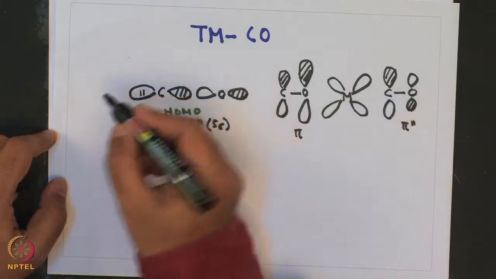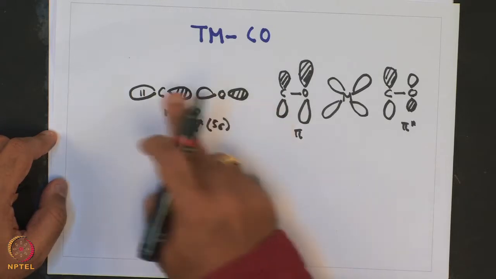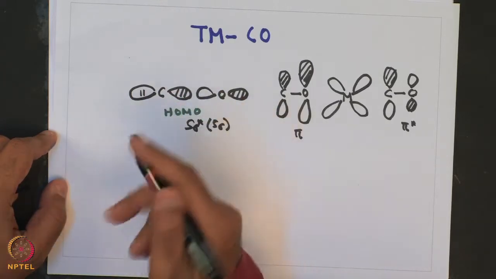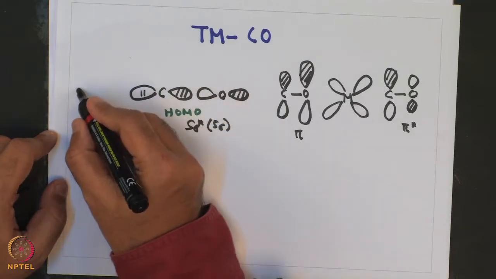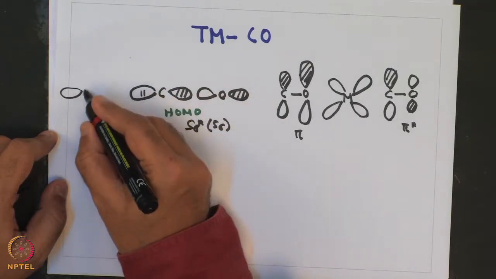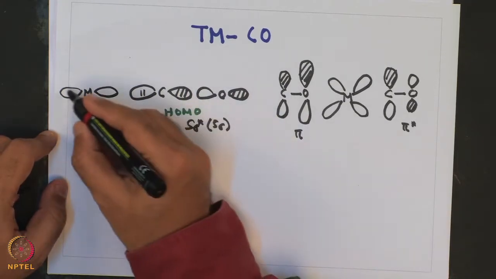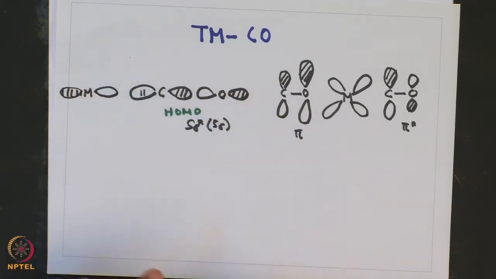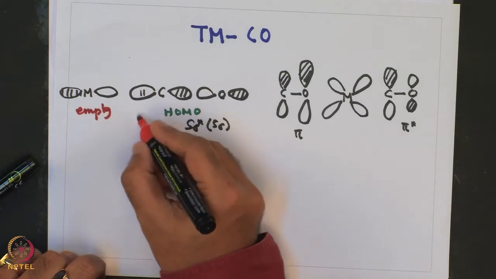So, for example, the CO sigma orbital containing a lone pair interacts with the metal orbital. The interaction is like this: this is empty and this is filled,